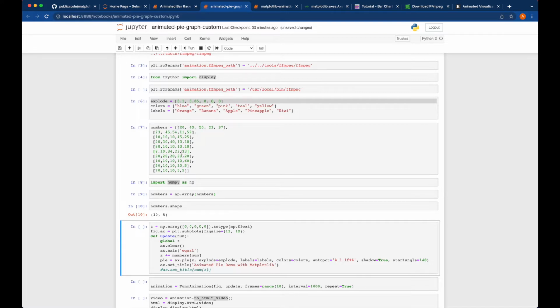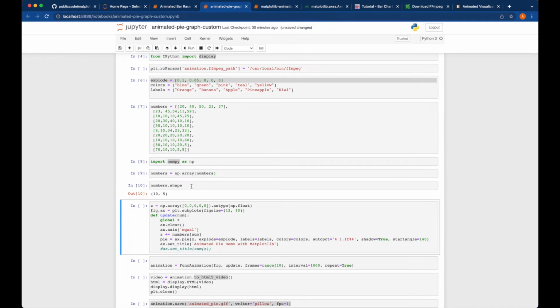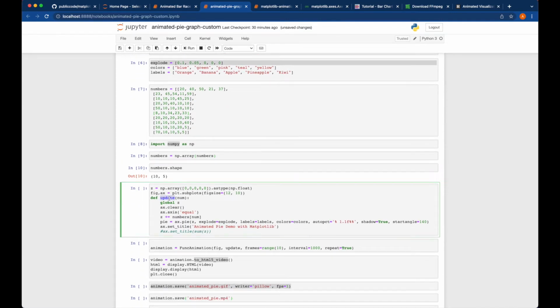That's our numbers object. Next step, we are creating this update method, and what this update method does is try to render these numbers in sequential form. It just reads 1, 2, 3, 4, 5. That number is the index which is used, and as you could see here, using index, using this ax object,